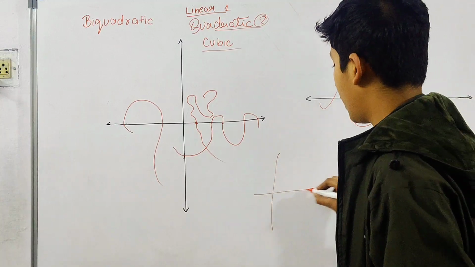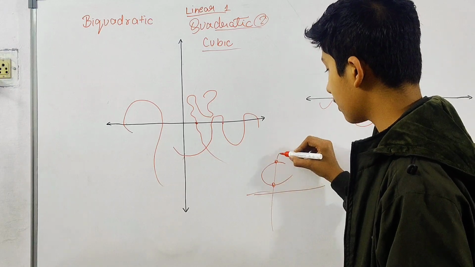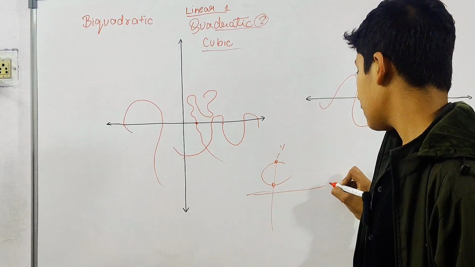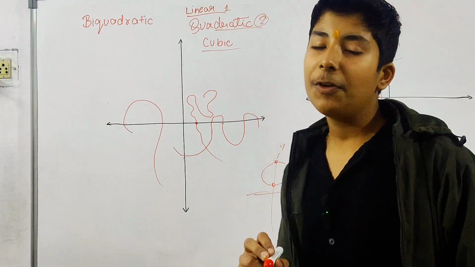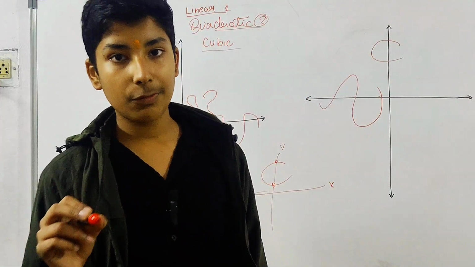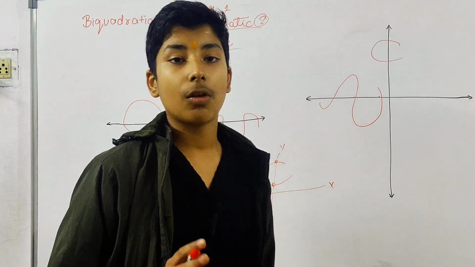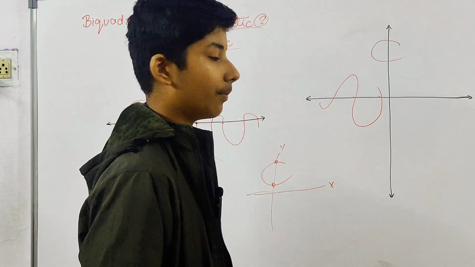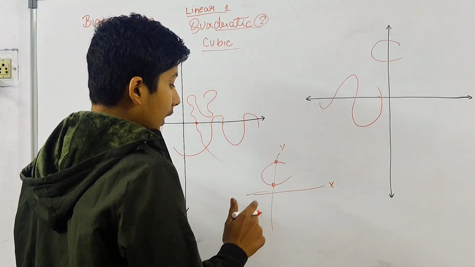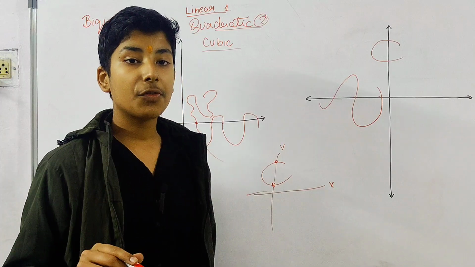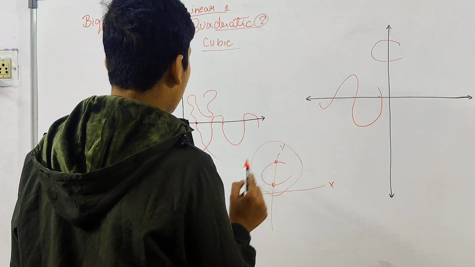Now if there is a graph like this, it has 2 points on the y axis, but on the x axis it does not have any point. So if it has been told to you that you have to find out the value of p of x, then it would be 0, means it is not a polynomial, it is a constant term. But if it has been said to you that you have to find the value of p of y, so you will see this one, means 2 points.